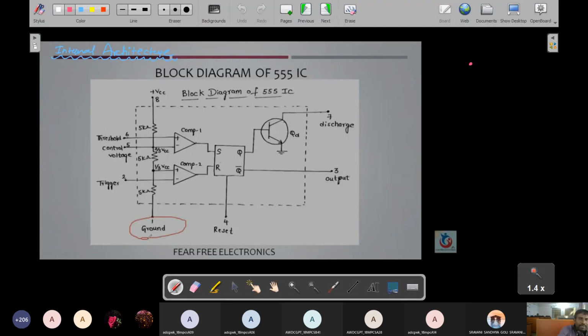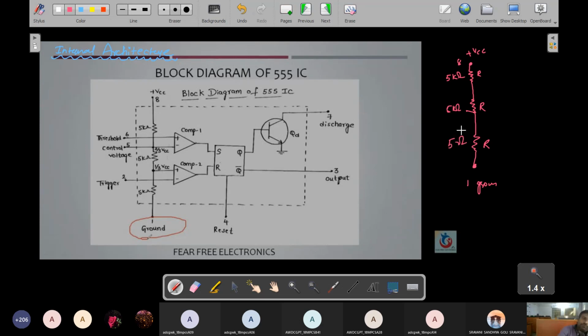So this is the pin. This is one transistor, and this is one transistor, and this is one transistor. Understand? Here the 8th pin is plus VCC, and this is the first pin, the ground pin. Okay, so potential will drop across each one. Suppose plus VCC is applied. These are 3 equivalent resistors, R, R, R, and they are 5 kilo ohm resistors: 5 kilo ohm, 5 kilo ohm, and 5 kilo ohm.